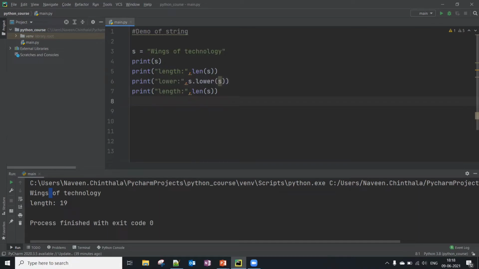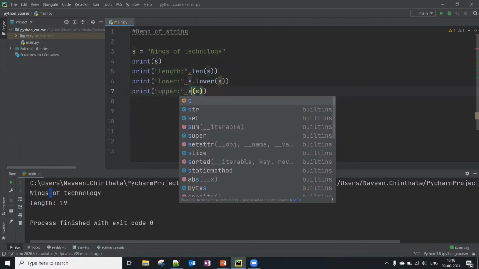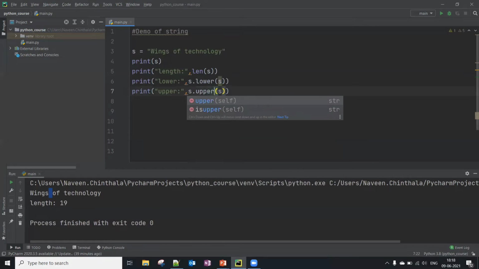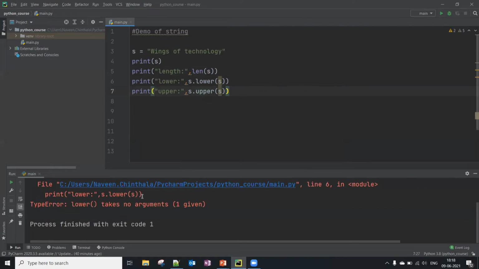Okay. Similarly, we have the reverse case, like upper, right? So let me write that also. We have upper. Sorry, we already gave s dot, right?